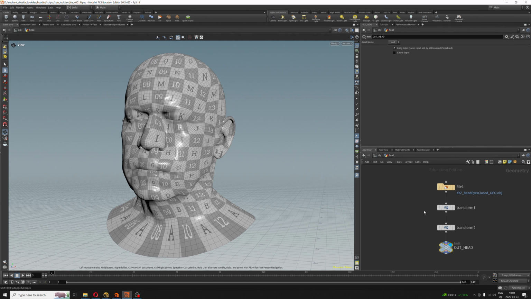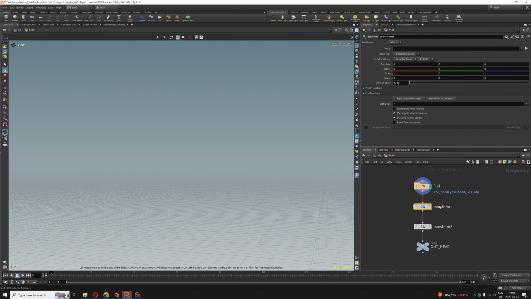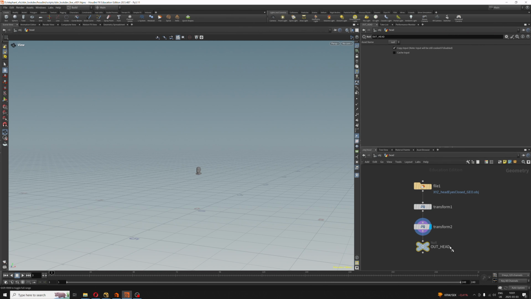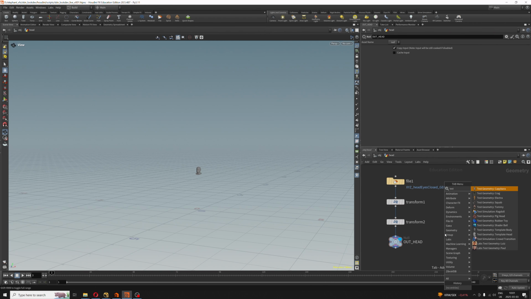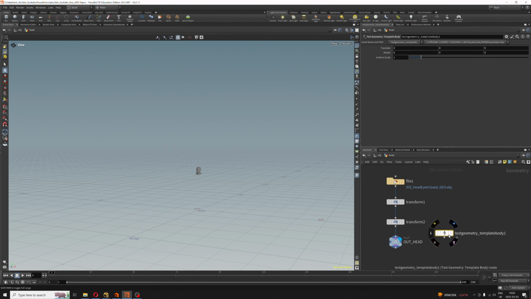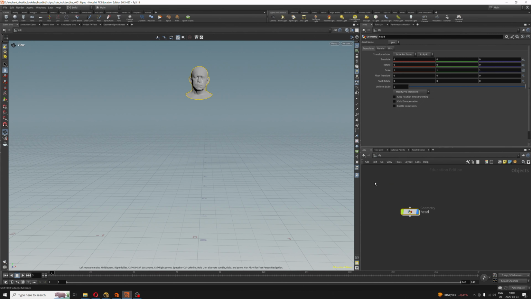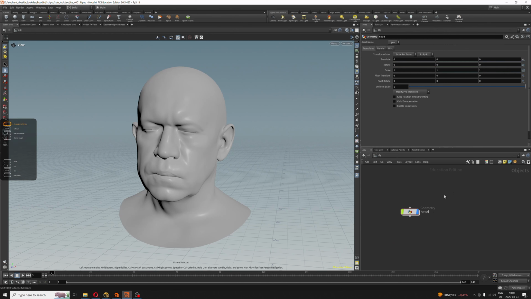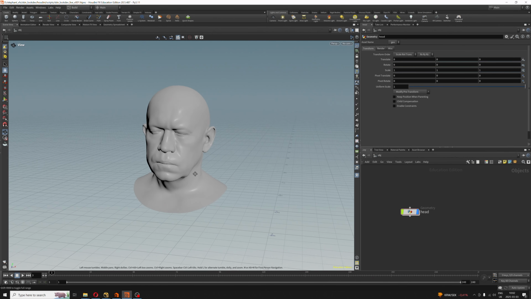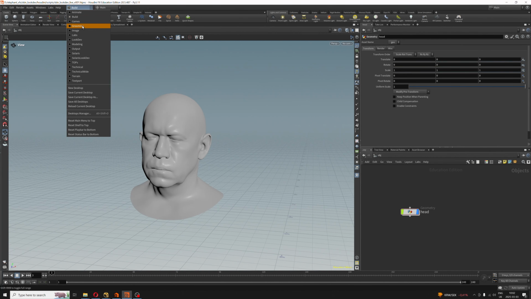And if I go inside of this character, there is nothing here, right? I'm just reading the geometry. I'm scaling this down to Houdini's scale, and I'm just moving this up a little bit. So, if I bring a test geometry template body, they are roughly the same size and in the same location. All right, so that's pretty much everything that we need. I don't think we need to do anything else here in SOPs. So I'm gonna jump into Solaris,